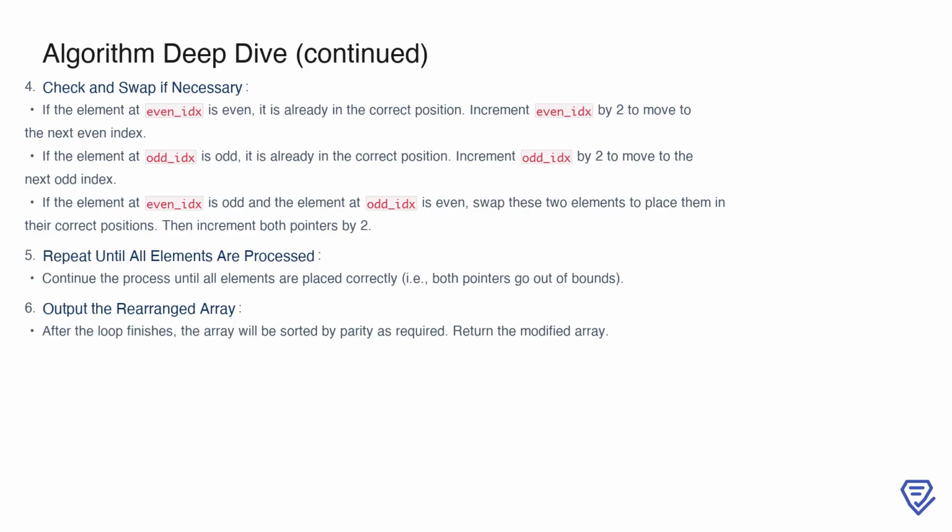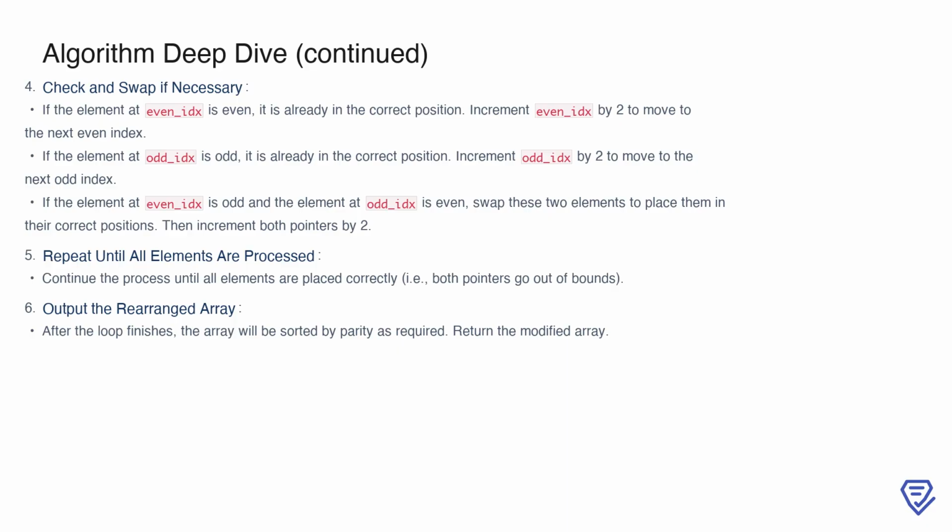Similarly, if the value at odd_idx is already odd, we increment odd_idx by 2 to move to the next odd index. However, if we find that the value at even_idx is odd and the value at odd_idx is even, these two elements are swapped to correct their positions. After swapping, both pointers are incremented by 2. This process continues until all elements are processed, meaning both pointers go out of bounds. Once the loop completes, the array is guaranteed to be sorted by parity, and we return the modified array as